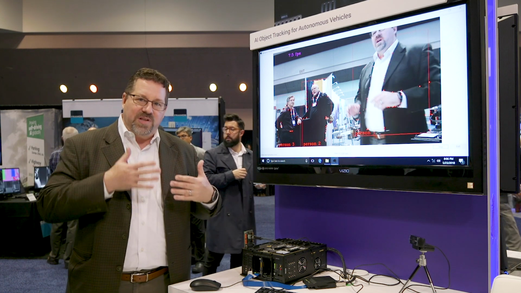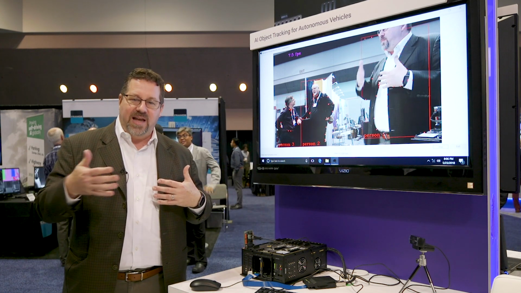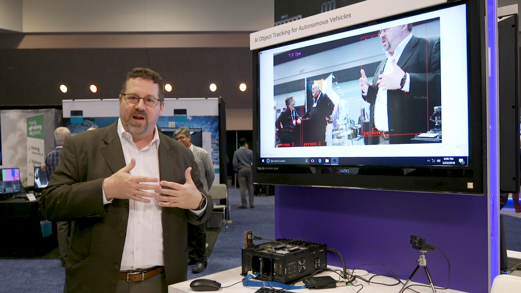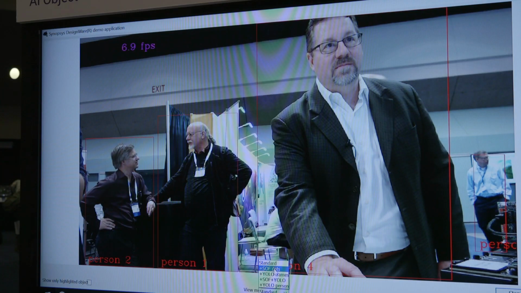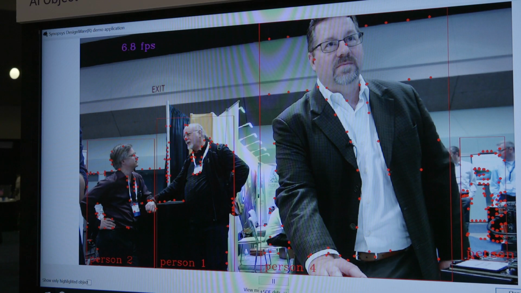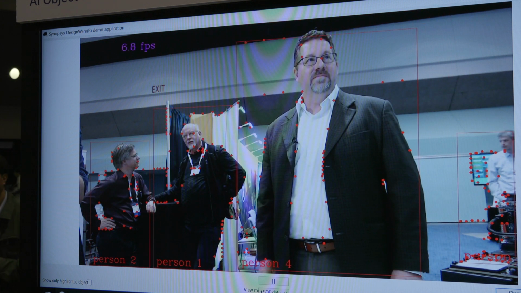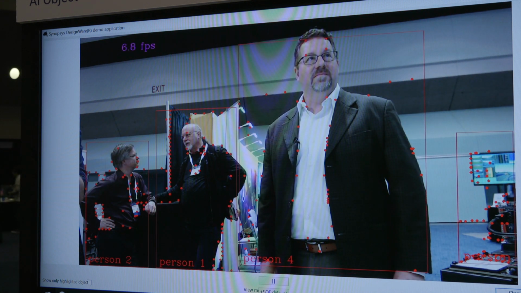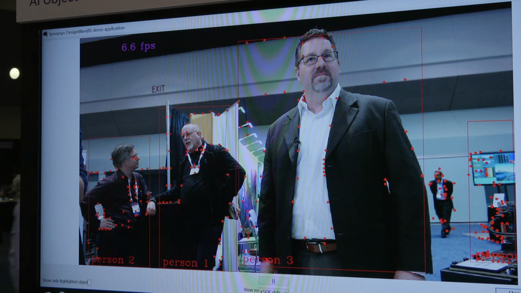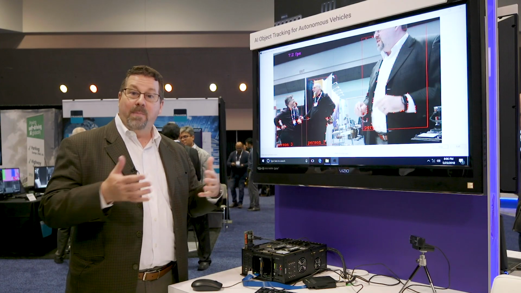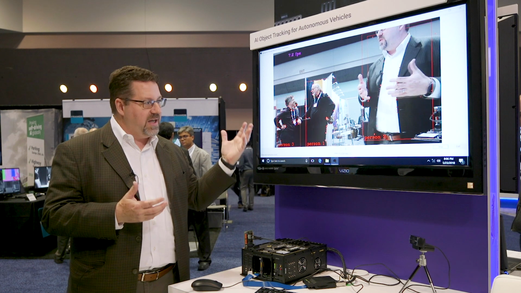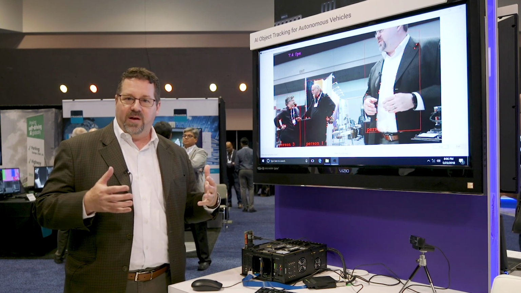A CNN works on a frame-by-frame basis. It has no memory of what happened in the previous frame. But now with the vector processor, it has these dots that it can track in between frames. So now the vector processor does the tracking. It's doing sparse optical flow and more traditional computer vision. So with sparse optical flow combined with a CNN algorithm like TinyYOLO in this case, you have a more robust